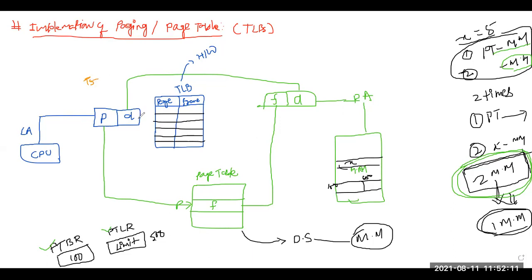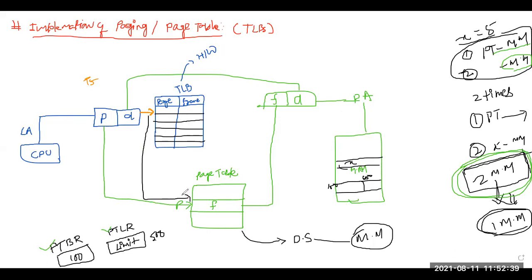So first the CPU is going to search in my TLB. Where will it search first? First it will search in the TLB. Now initially it is blank. So you are not going to find the particular page. This is called TLB miss. If the page is not found in my TLB, it is called TLB miss. Then I will go for the page table. If the particular page is not in the TLB, I will go for the page table.